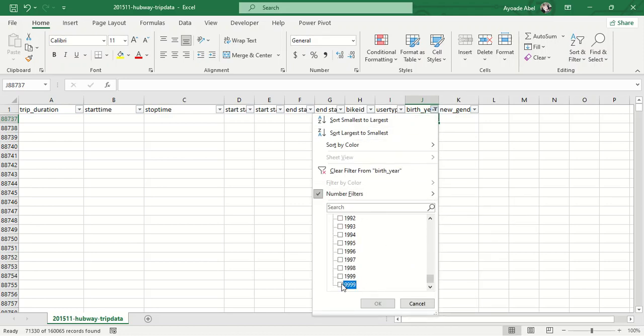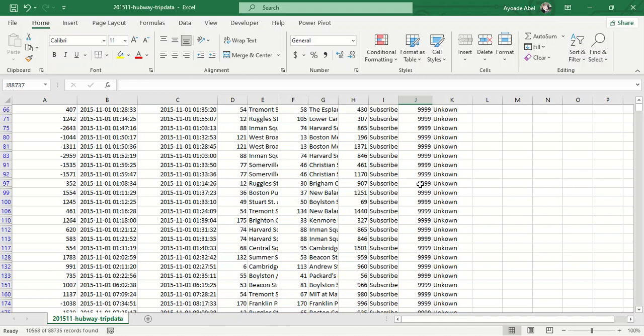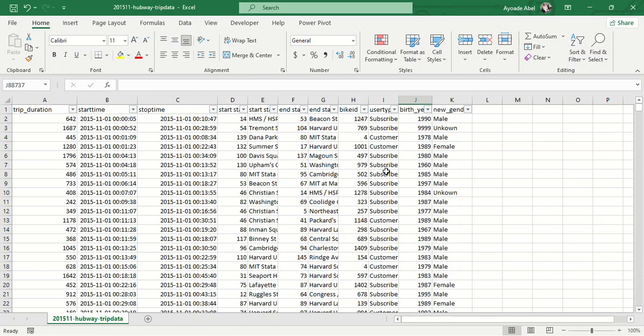And now you can see all the 99999 means that those are people that we do not have their birth year. Their birth year is N/A, right? And this makes it very easy for us to filter a large amount of data in like God knows how many seconds, right? And that is your top-notch tool in Excel, right? So we've talked about if statements, right? Just like you write it in